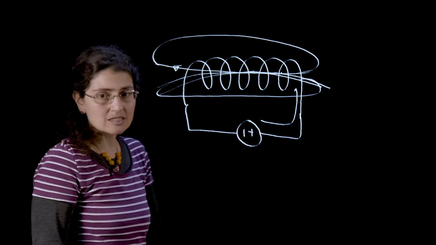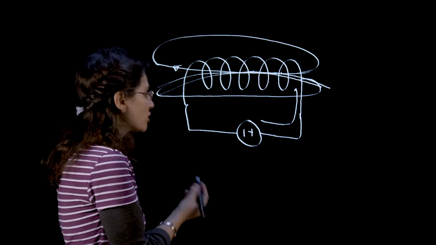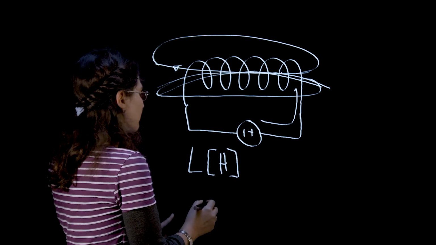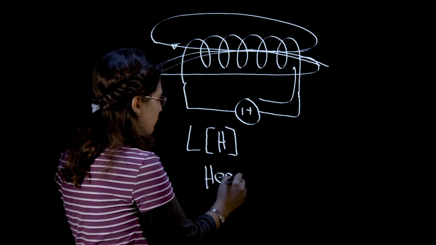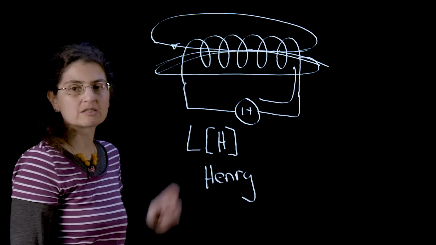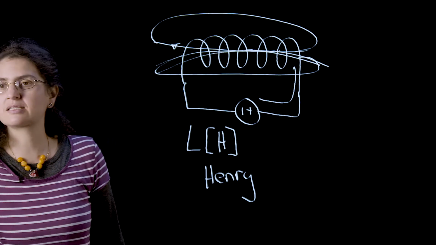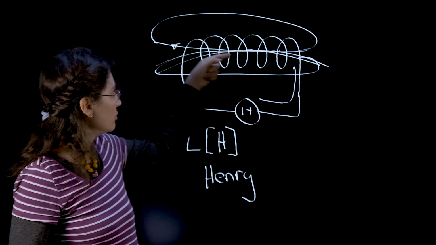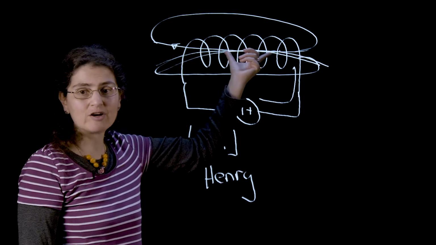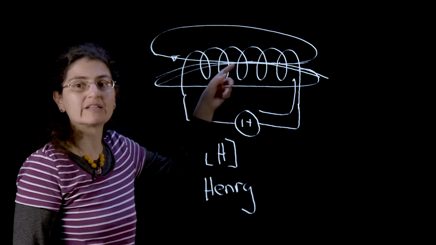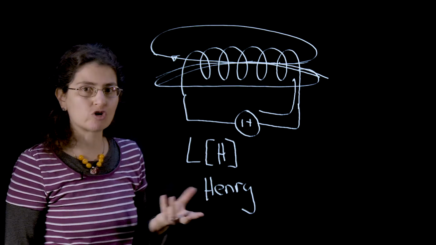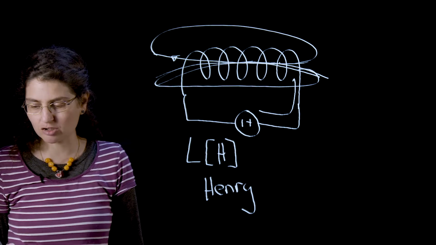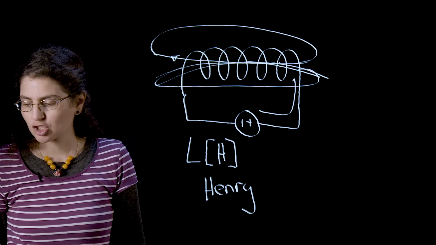The inductance of the inductor is represented by L, and it's measured in henries, written as H. The unit of measurement for inductance is the Henry. The inductance is directly proportional to the magnetic constant of the material that's inside it, because if I had, let's say, an iron core in here, then the magnetic field generated by the current flowing through it would be stronger than if there were just pure air there. So it's directly proportional to the magnetic constant of the material inside the coil,